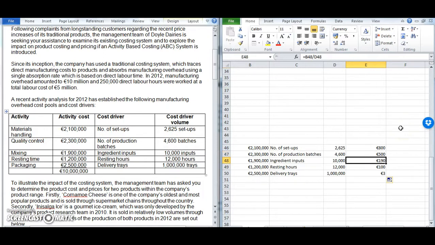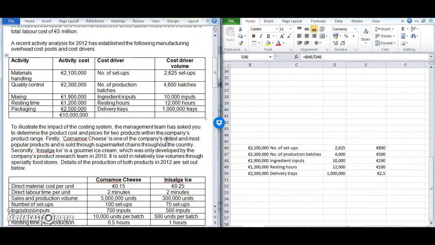For every number of ingredients or inputs, it's 190. For every resting hour, it costs you €100 in overheads. And for every delivery tray, that should be 2.5. Every delivery tray used, it's costing you €2.5 in packaging. So this is very useful information because we can take this then and apply it to the information we have